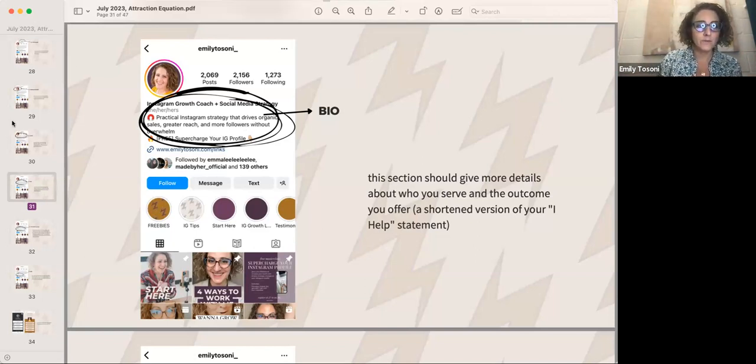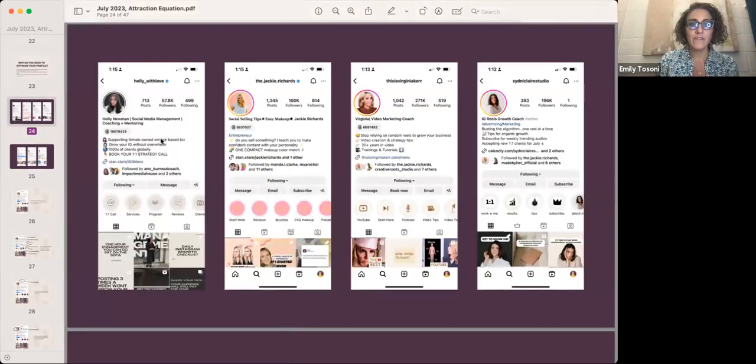And just as a reminder, that field can look different, right? Each of these that we looked at previously, they all look a little different. So you figure out what is the best explanation, and you don't have to put all the detail about who your ideal client is, because your ideal client will learn more about whether or not you're a fit for them as they're looking at the rest of your content, because you can't put everything into your bio, okay?